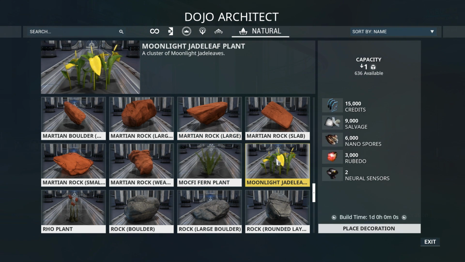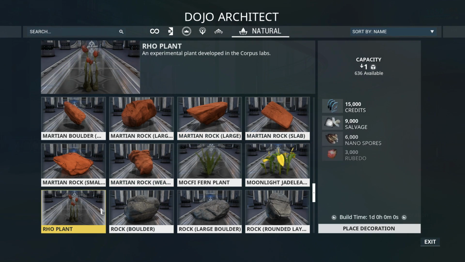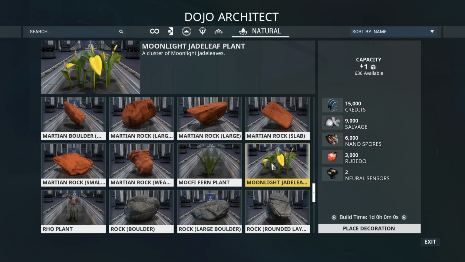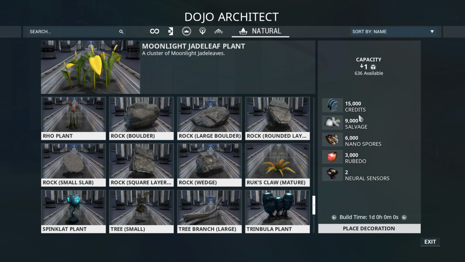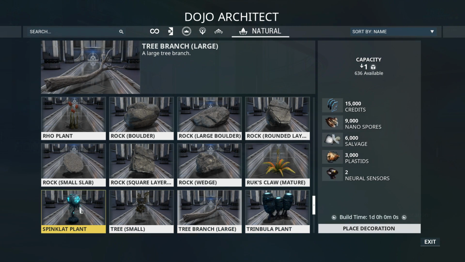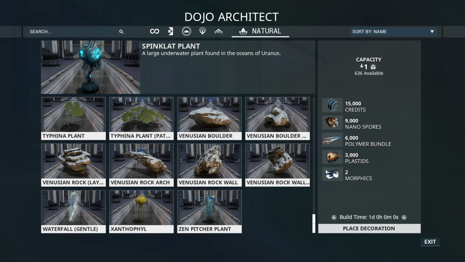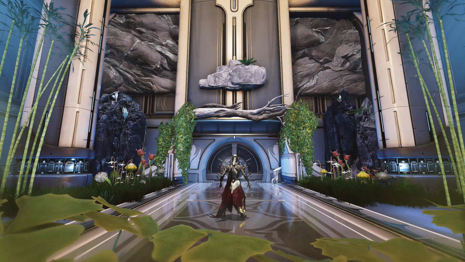Then we have some of the rarer... oh, I remember looking all over the place for the jade leaf plants when they first came out. And now you can just put one in your dojo. They do seem to be quite expensive. Mine is a mountain clan, I think, not a moon clan. We have down trees, glowing plants. There is so much. Honestly, this image from the forums, link to the entire forum post for this update, by the way, will be in the description below, is...